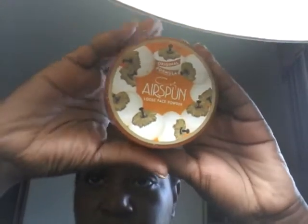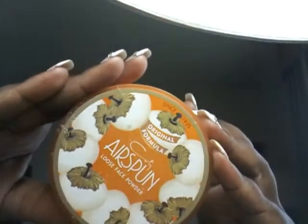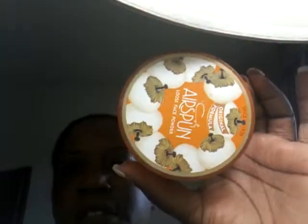And then I take my Airspun loose face powder, and I'm using this one, the Airspun loose face powder in the translucent extra coverage. Well, you know, they say translucent, but on us darker skin girls, or anyone who has some color to them, when you put it on, it's, you know, look at that. You look a little